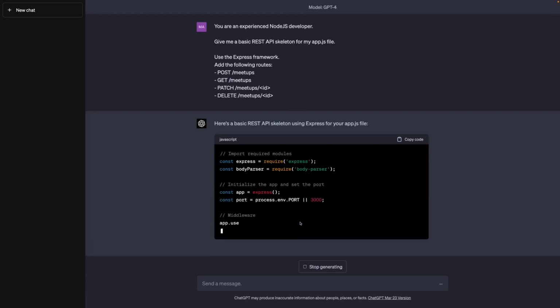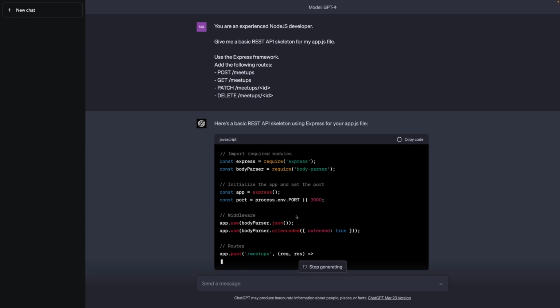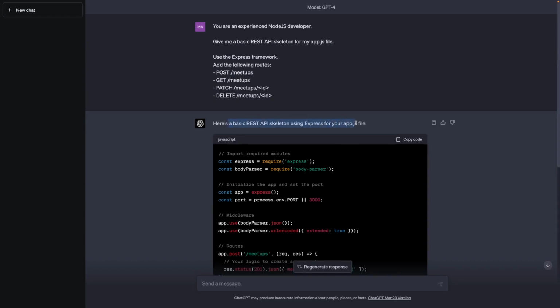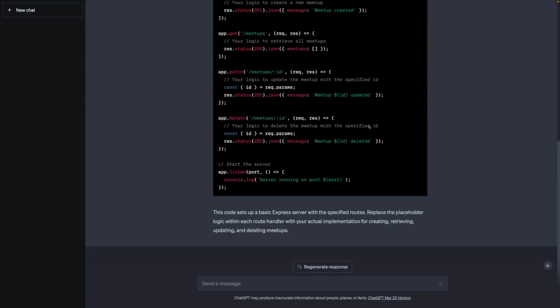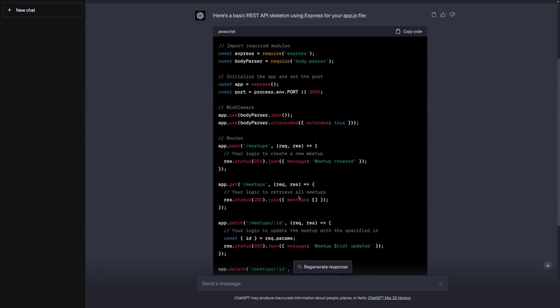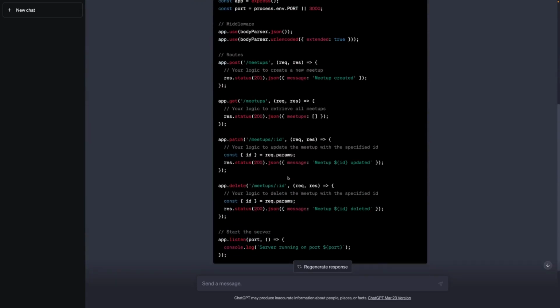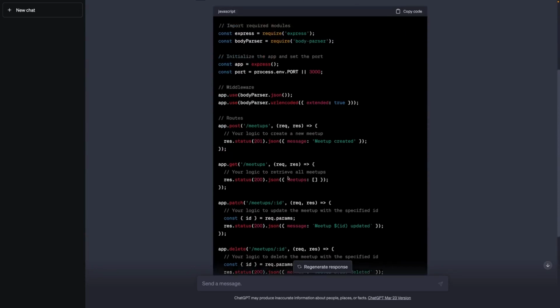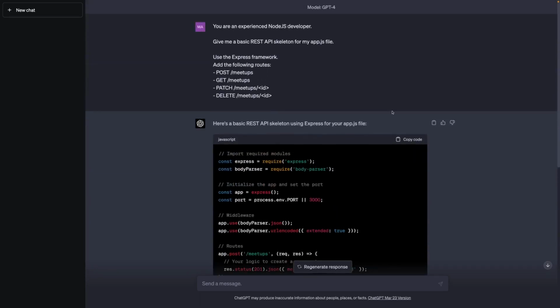I could have told ChatGPT to give me just the code without any extra explanations. Here it gave me this first sentence here, and it added some additional explanation at the end here, but it mainly gave me the code, and you learned how you could change the instruction to make sure that you only get the code. We could have added another piece of information to our initial prompt telling ChatGPT to just reply with the code